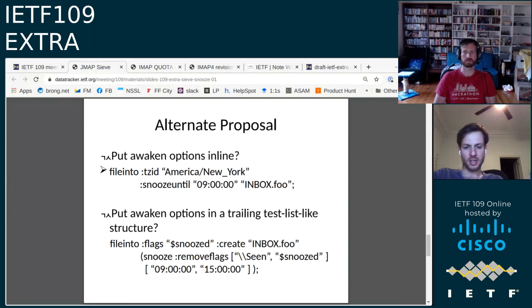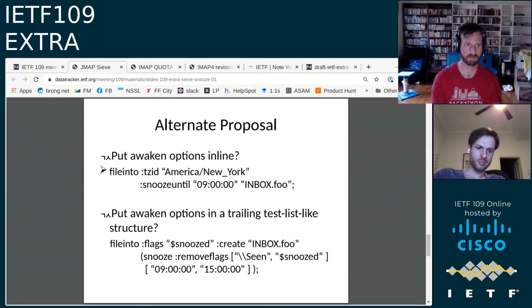Yeah, I think it's going to be cleaner as a separate command because you have multiple arguments you need for the snooze. And as Ken said, if they're intermixed with other arguments, a snooze add flags argument only makes sense if you have a separate snooze argument. So it's invalid if you have one or the other. It seems cleaner to me to have a separate command. But I don't really care what the syntax is hugely. That's just my view.